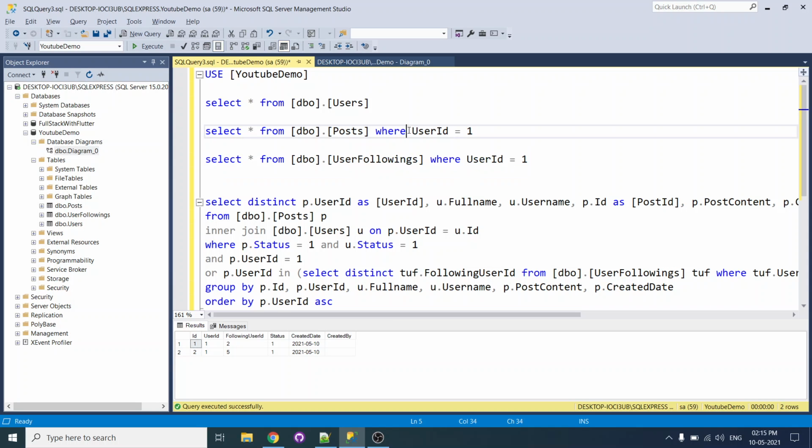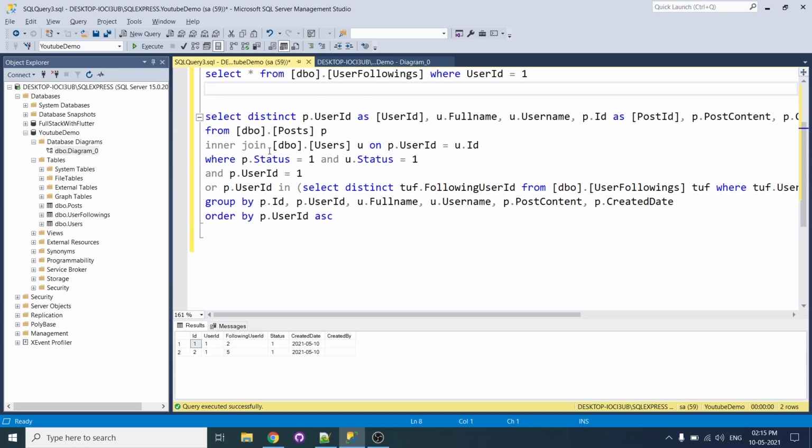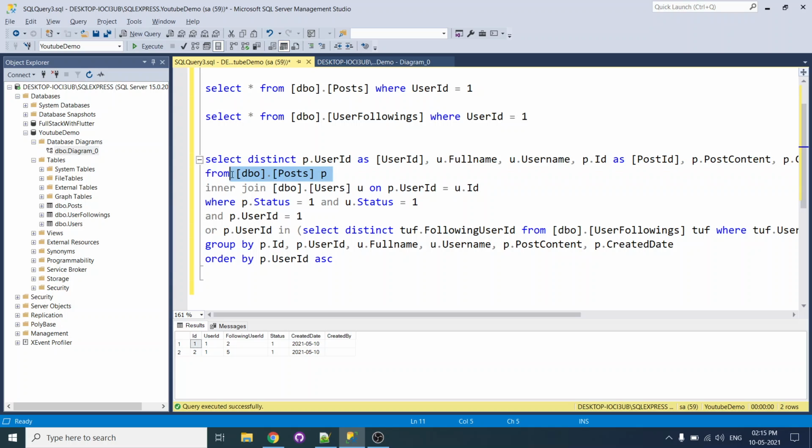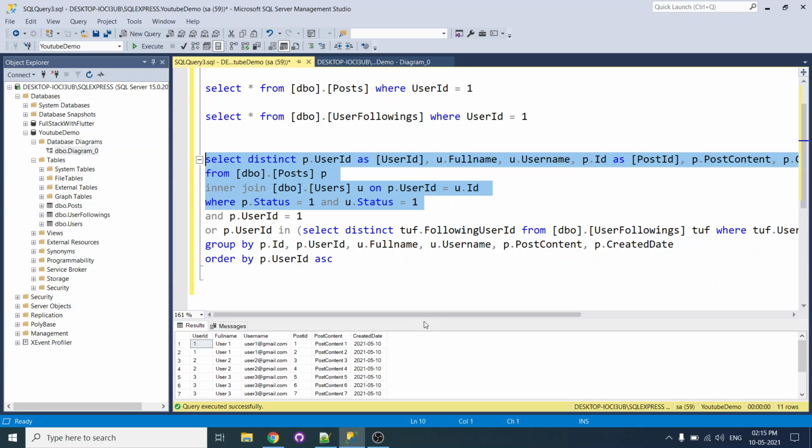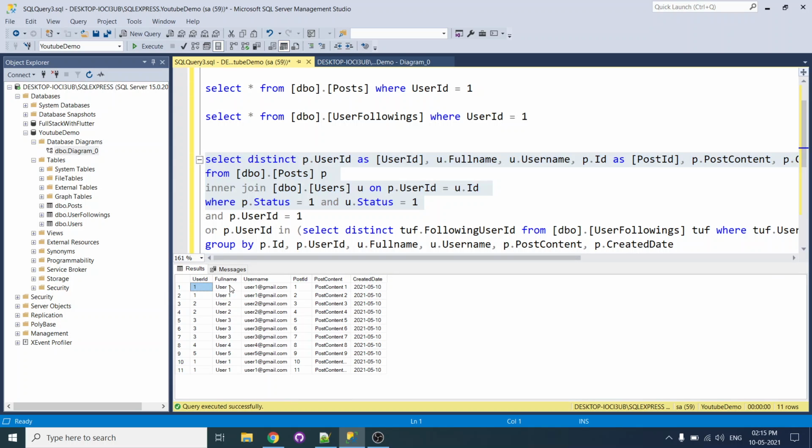So if user one is there, whoever is following user one, he wants their posts. For that, what I did, first I go for this post table, select the values, and do the inner join. From this we will collect the basic details like user ID, full name, username, post ID, post content, and the date the post was created.